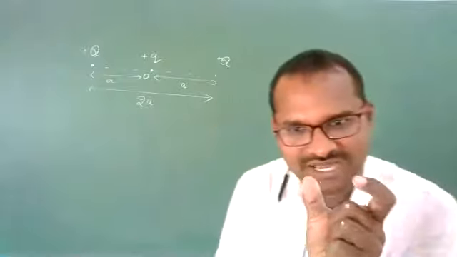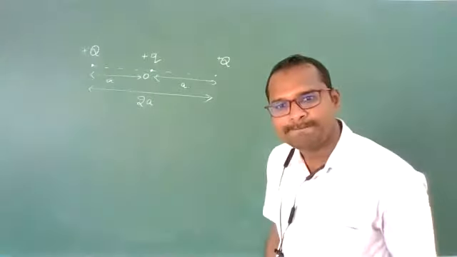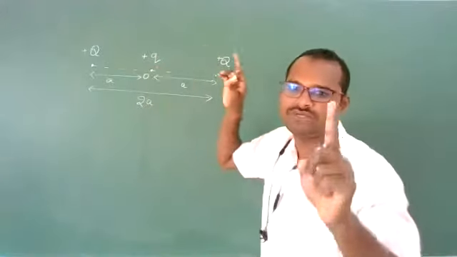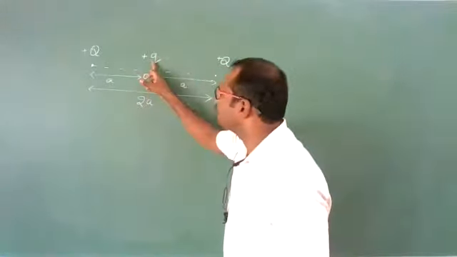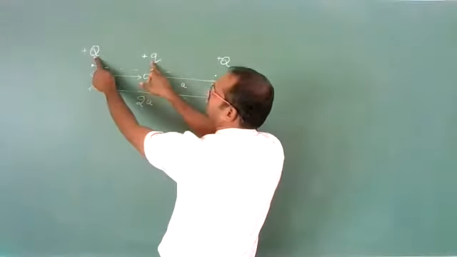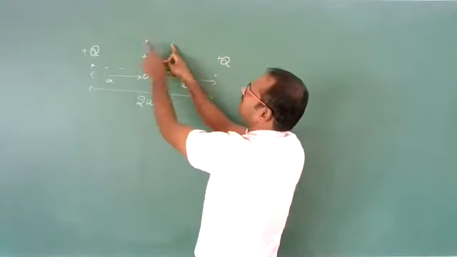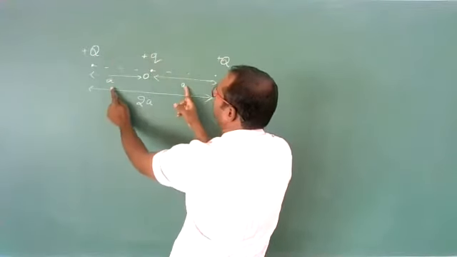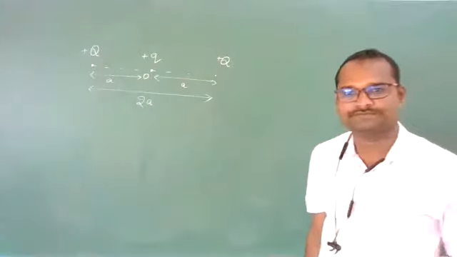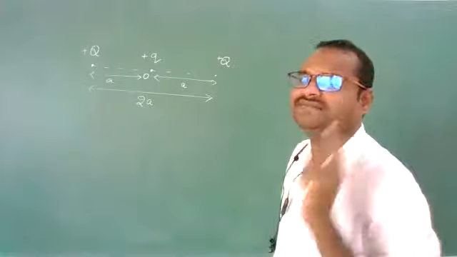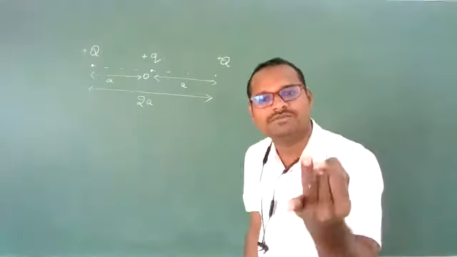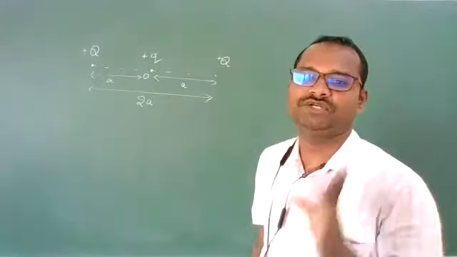Is this positive charge small q in an equilibrium position? I am talking about only this charge, not about three charges, only one charge. Is this small q in equilibrium now? Let us check. Due to this charge, a repulsive force acts this side, and due to the other charge, a repulsive force acts that side, and both are at equal distance, equal in magnitude. So it is in equilibrium position. Once it is in equilibrium, the question will arise whether it is in stable, unstable or neutral equilibrium. That we need to check.